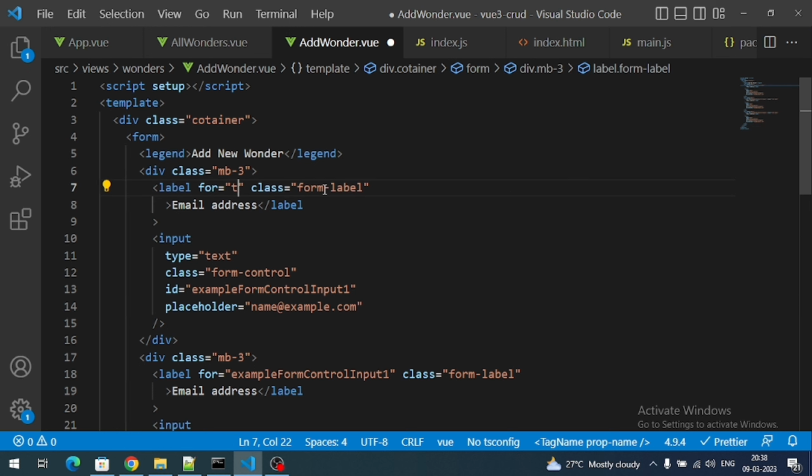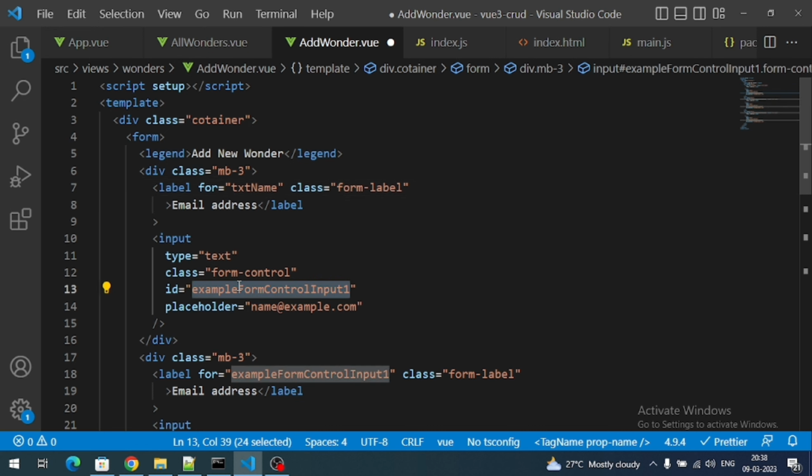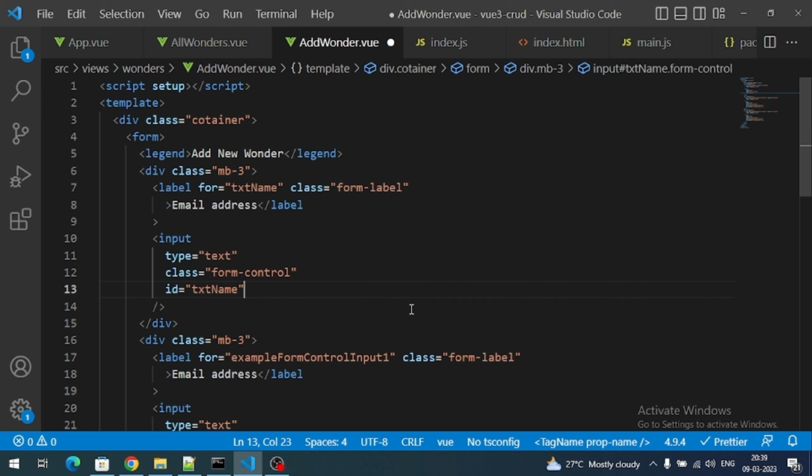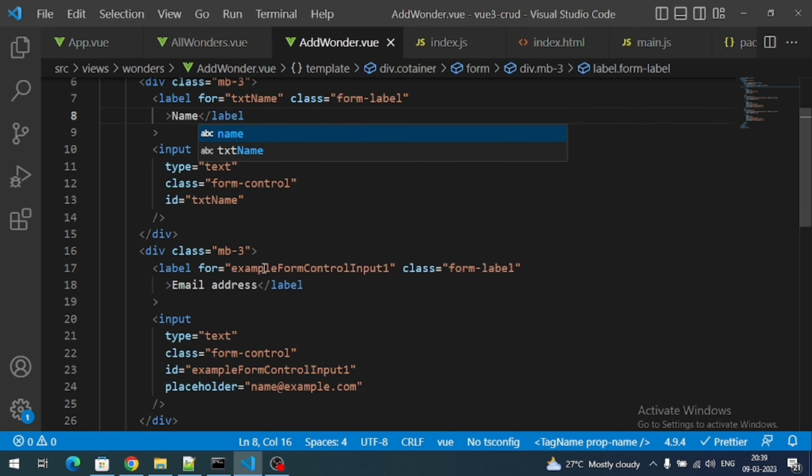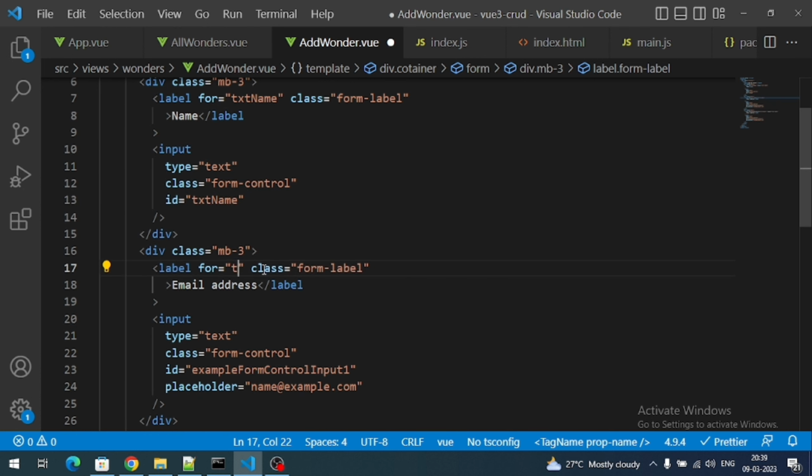So here for attribute, give a name, like for text, name. Same for attribute value, assigned to the ID value. I don't want any placeholder, remove it, and change the label to name. Same way, next text box, I will name it like location,